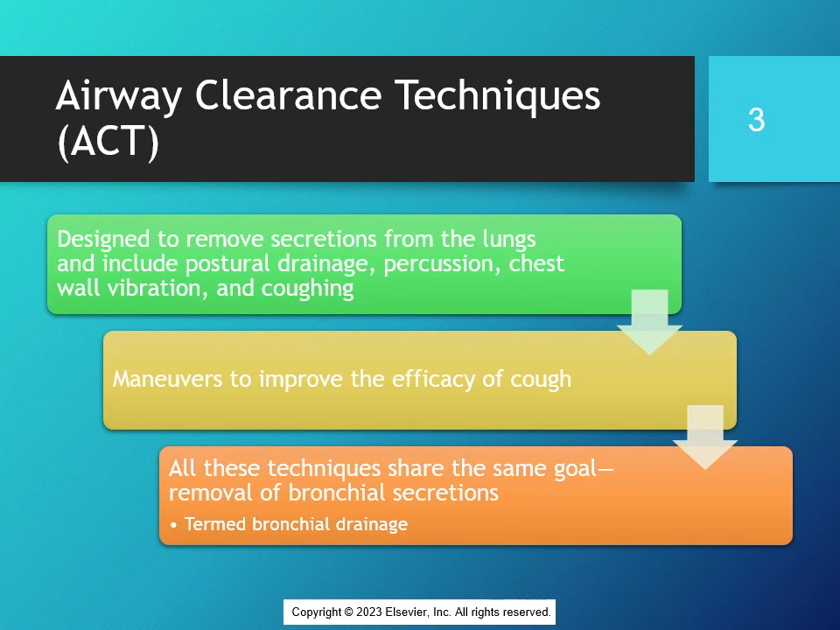So let's talk about what is airway clearance. Airway clearance and airway clearance techniques are designed to remove secretions from the lungs. They include postural drainage, percussion, chest wall vibration, and coughing. All of these improve how effective a cough might be, as well as share the same goals, which is basically to get sticky, icky secretions up and out